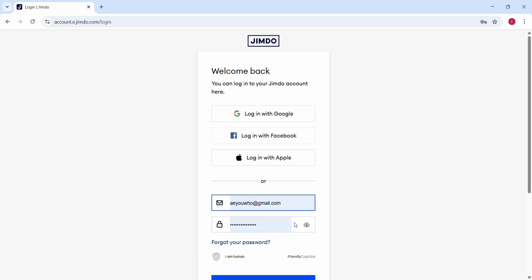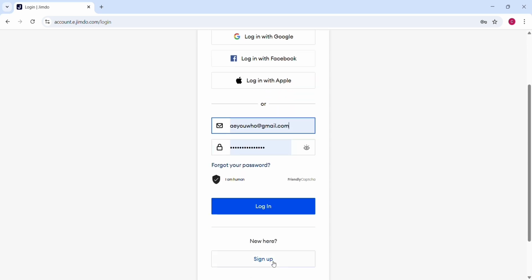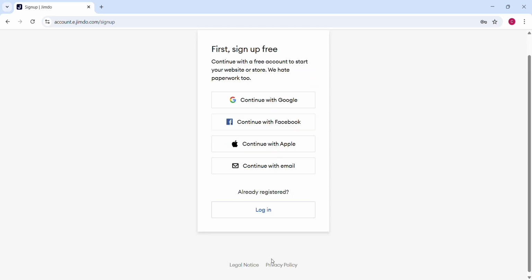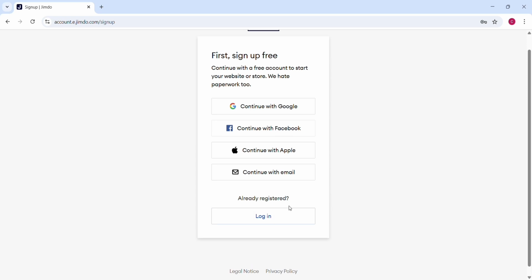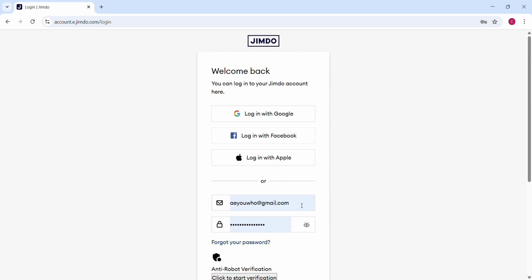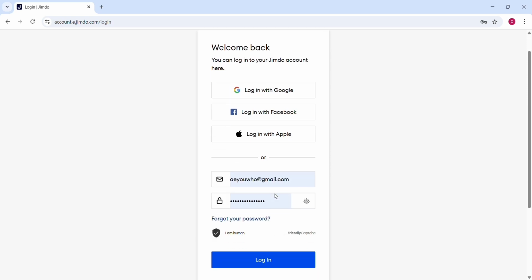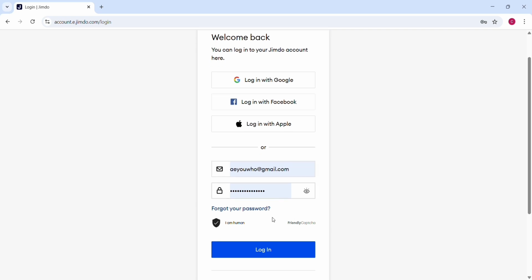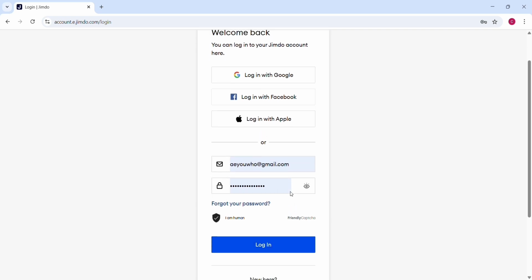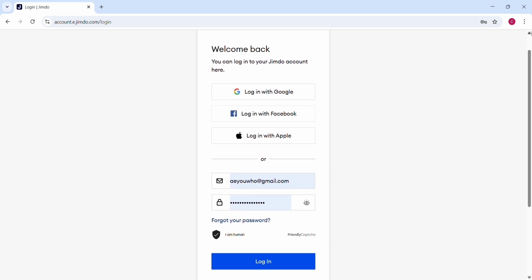So here, as you can see, you need to log in, and you can use your Gmail account or any account that you can use on the Jimdo website. So here, once you are done, just click this login.